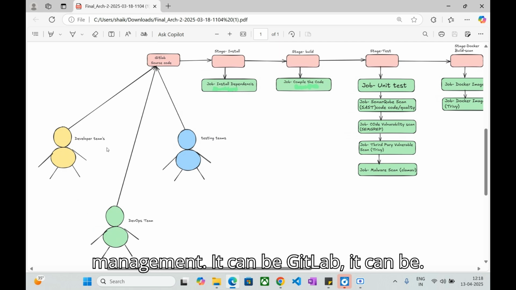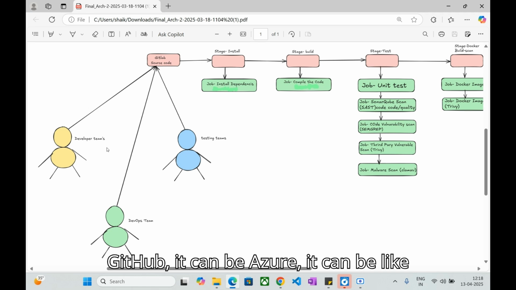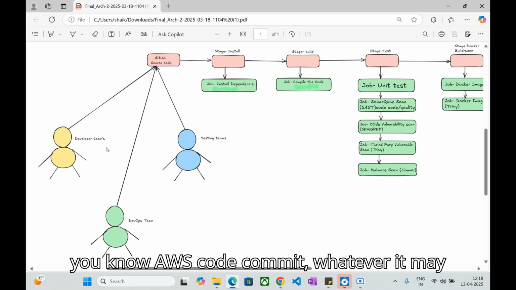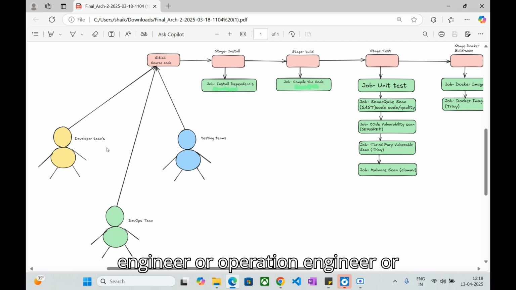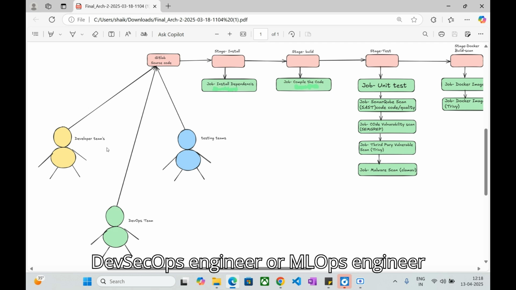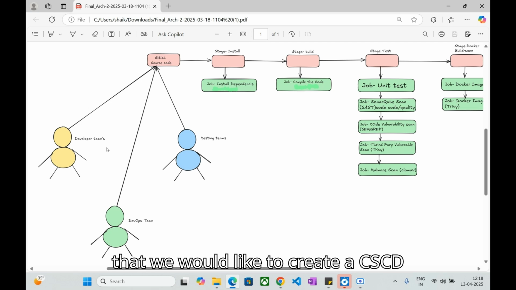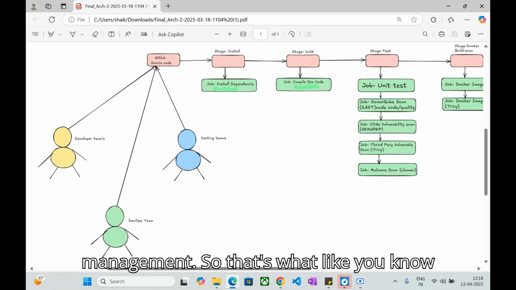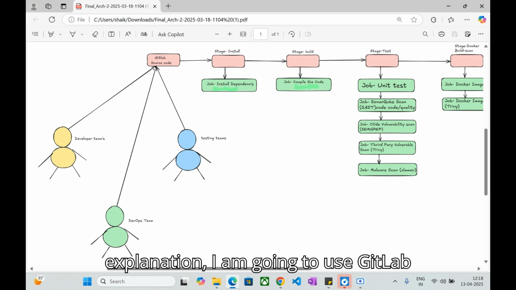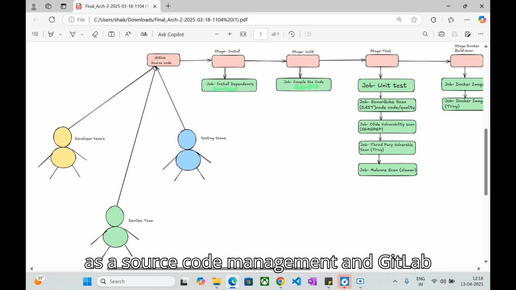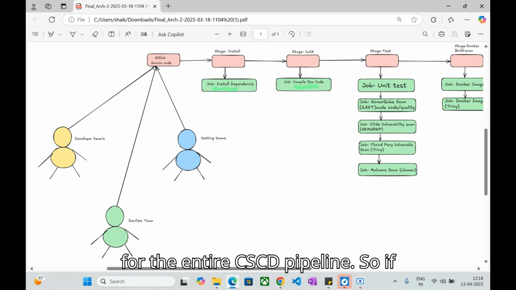It can be GitLab, it can be GitHub, it can be Azure Repos, it can be AWS CodeCommit, whatever it may be. So our requirement, being a DevOps engineer or operational engineer or DevSecOps engineer or MLOps engineer, is that we would like to create a CI/CD pipeline from that source code management. So for this demo, for this entire explanation, I am going to use GitLab as the source code management and GitLab for the entire CI/CD